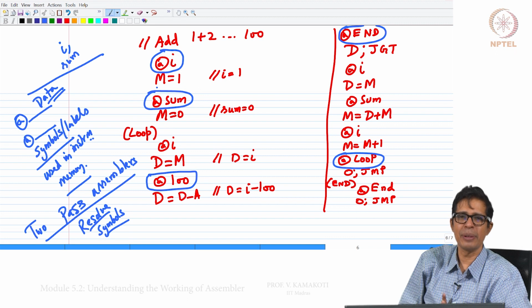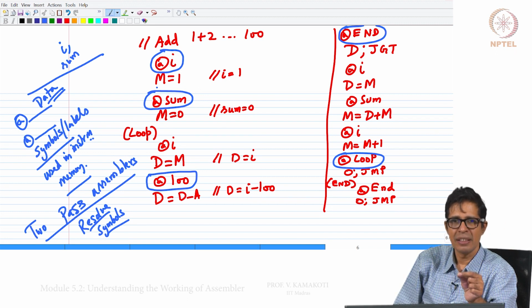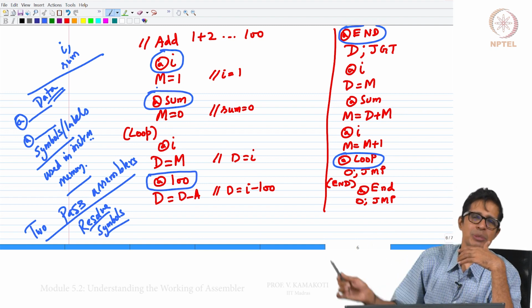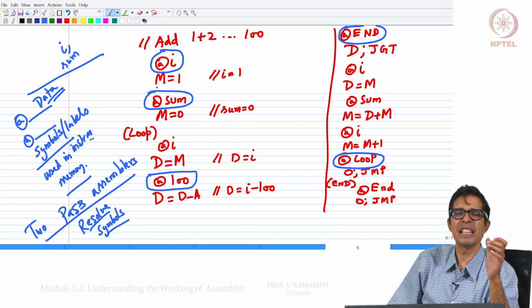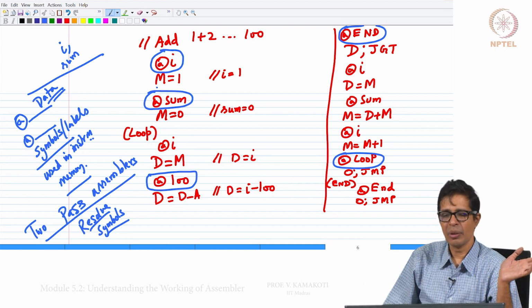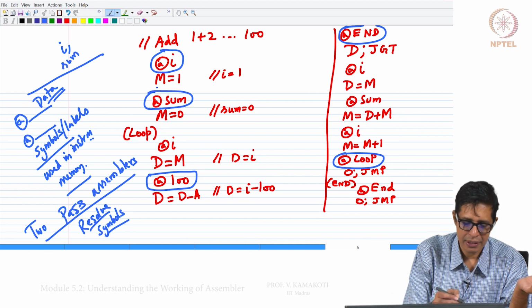So, the symbol table will map every symbol in your mnemonic program into its corresponding value. The pass 1 of the assembler is basically to construct this symbol table. Now, let us see how it is going to do that.